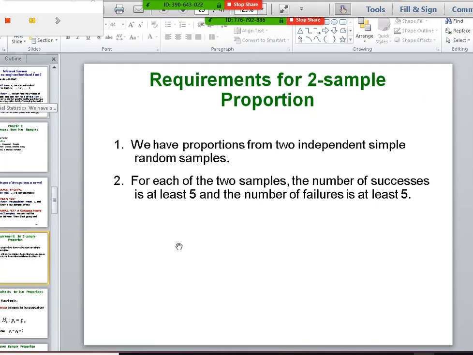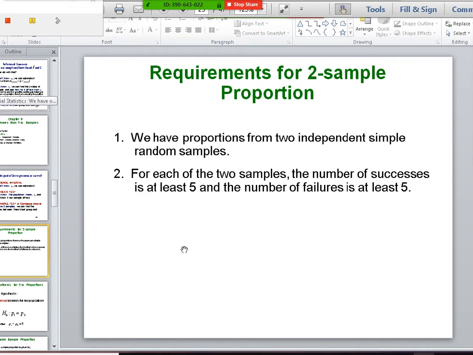Here are some requirements. You need proportions from 2 independent simple random samples. For each of the samples, the number of successes has to be at least 5, and the number of failures has to be at least 5. So this is for proportions, 2 sample proportions. So you're taking a proportion from one group, and you're taking a proportion from another group, and you're going to compare them. Like you might take boys and girls and say, you know, how many boys,